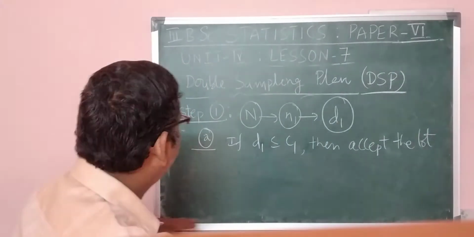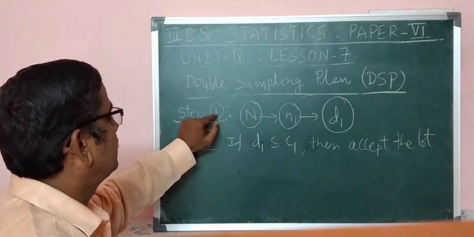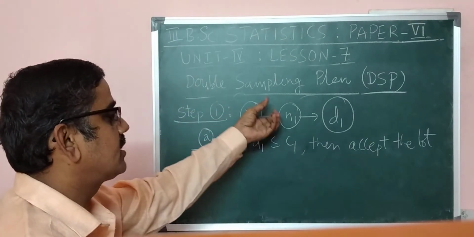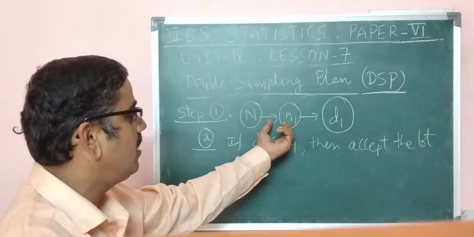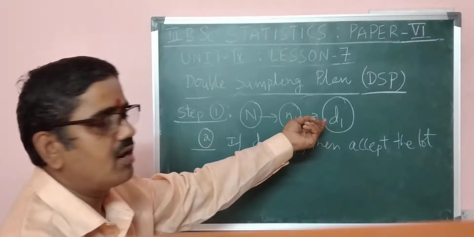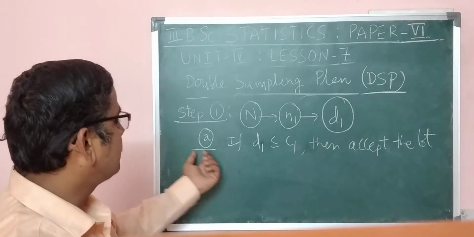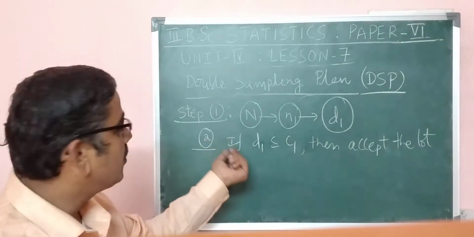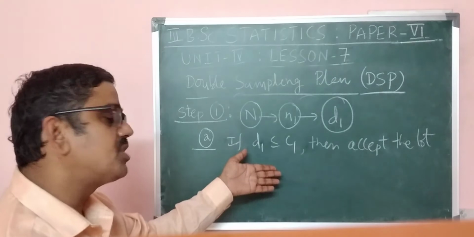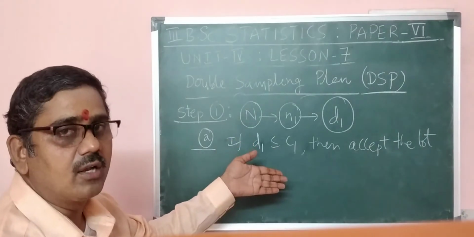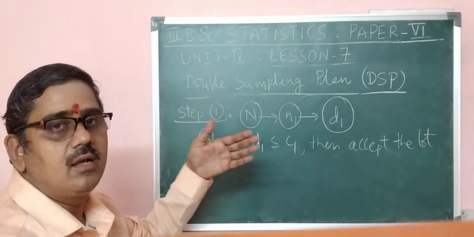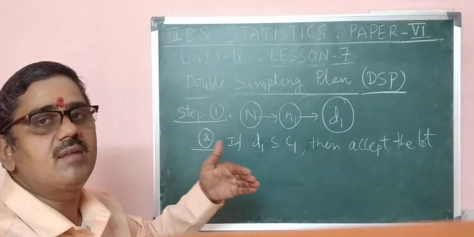In the first step, take a sample of size n1, the first sample, and observe the number of defective items d1. Then in the second step, if d1 is less than or equal to c1, accept the entire lot,